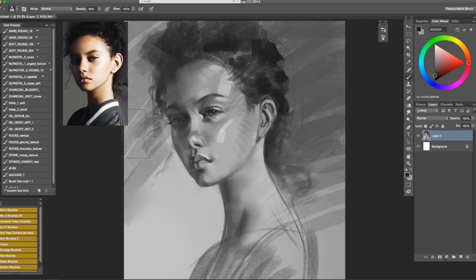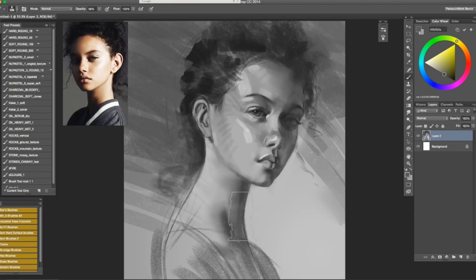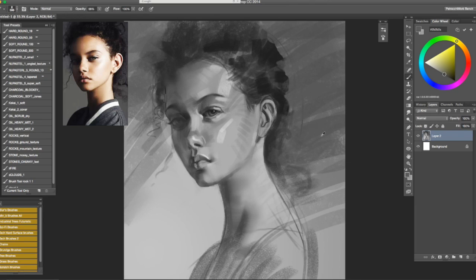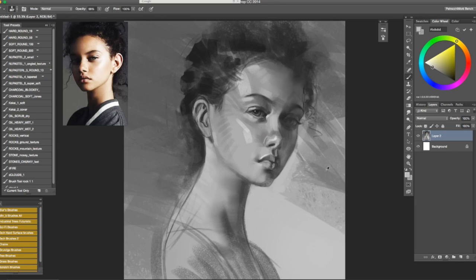These brushes are really nice because they can show the peaks and valleys of the paper. They kind of mimic charcoal paper or Canson paper that has a tooth to it, and when you run charcoal across it, the valleys don't pick up the charcoal, so they stay like the color of the paper, and then the charcoal rubs off on the peaks of the tooth of the paper. So this kind of brush in Photoshop mimics that. So you've got a little bit of noise coming through, a little bit of texture